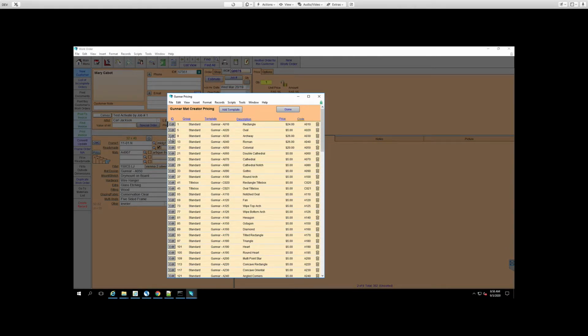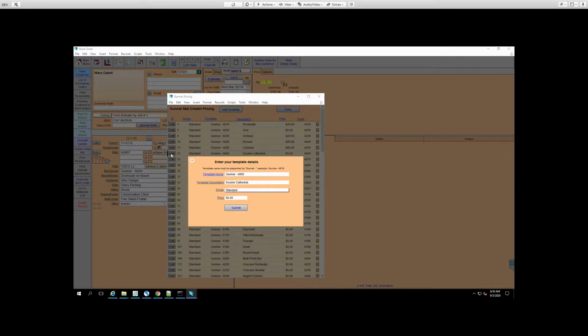Each one you have the ability to edit by clicking the edit button or delete, or you can add a template. So first we'll look at changing the price of one of the templates. All the preloaded templates come preset with a price of $5. So say we would want to edit the price of A060, we click on edit, it pops open a pop-up,